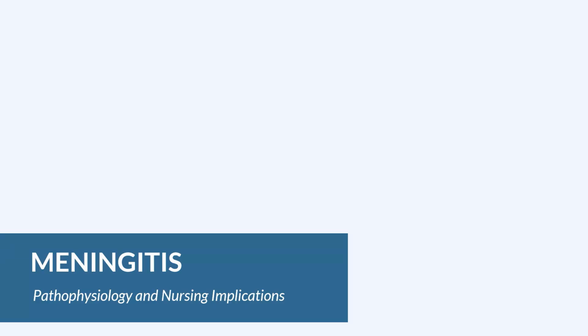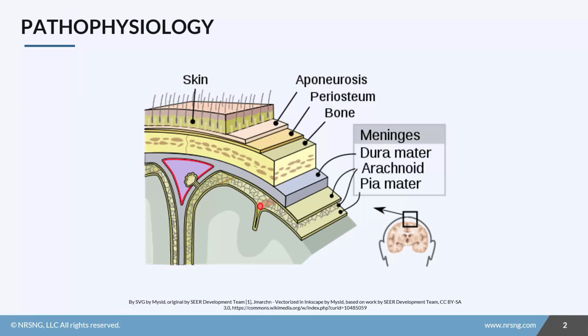In this lesson, we're going to talk about meningitis and its nursing implications. So, if we break down the word meningitis, then we can determine that it is itis, inflammation of the meninges. So, the meninges are the layers of tissue surrounding the brain. So, there's the pia mater on the very inside, then there's the arachnoid layer, and then there's the dura mater